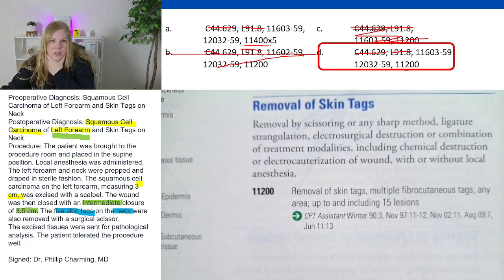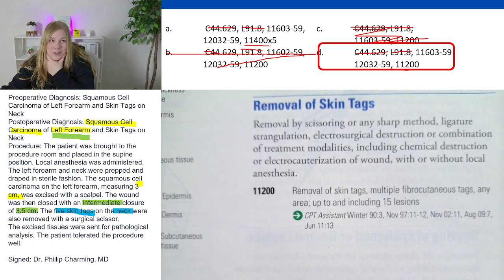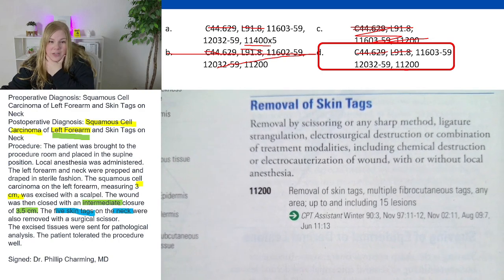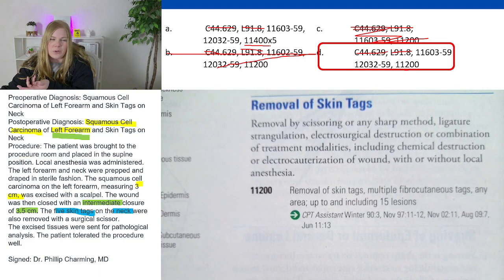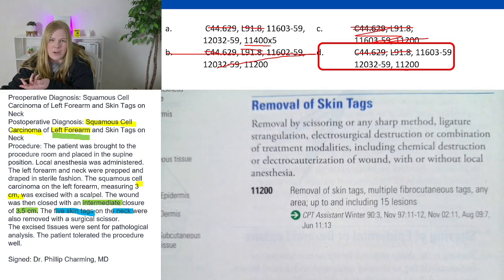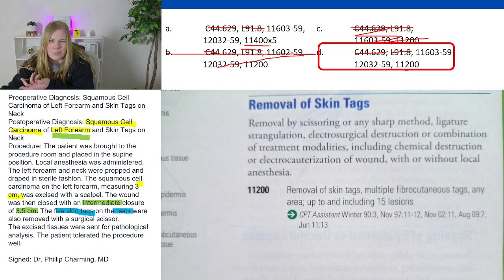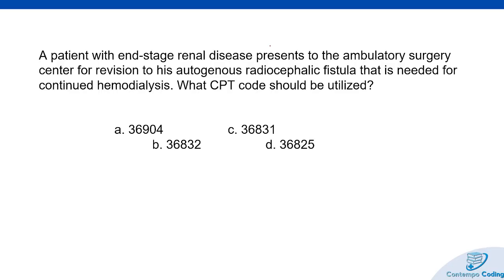And those 59 modifiers, you'll see those a lot when there's lesions removed from other areas, because basically Medicare put this edit in place. They want to make sure that no one is double dipping on the same lesion, like saying, oh, we removed the skin tag, but it was also an excision of a lesion, so we're going to bill for both. So next question,